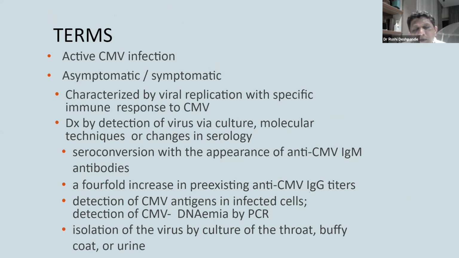With the introduction of PP65, the CMV antigen which can be detected in the serum, the focus changed to looking for CMV antigenemia. Then when PCR became commonplace and CMV DNA was easy to do, all these previous tests have little value today. You can just do CMV DNA PCR, quantitative, and straight away you can say whether the patient has an active CMV infection or not. Samples commonly used are blood, urine, buffy coat, and throat swabs.